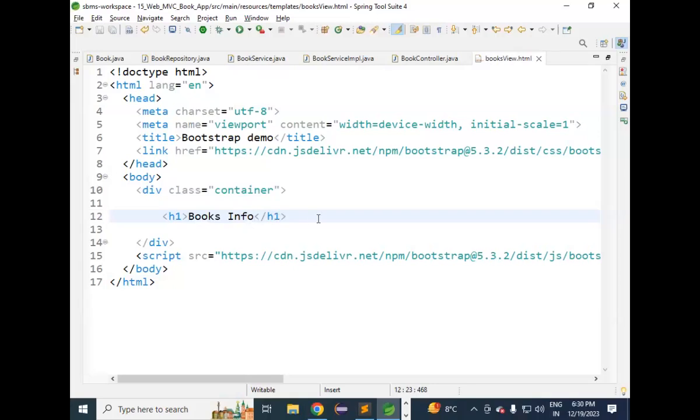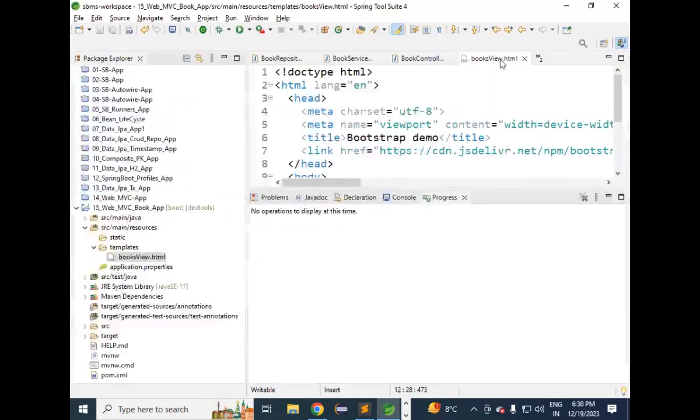Books info. First we will see whether we are able to access this page or not. If we are able to access this page, then we will see how to display the data in the table format. First, whether this page is loading or not, we need to understand. Yes,